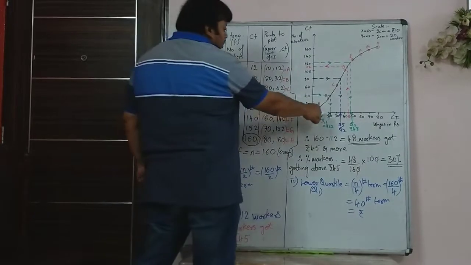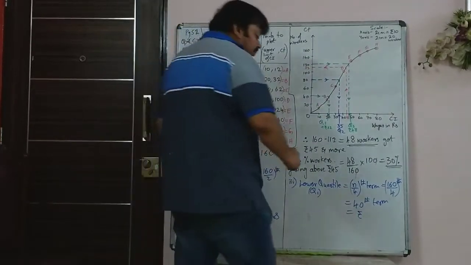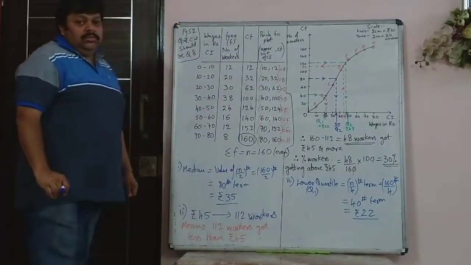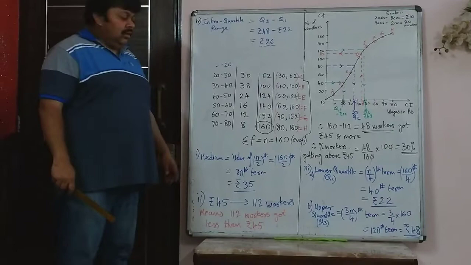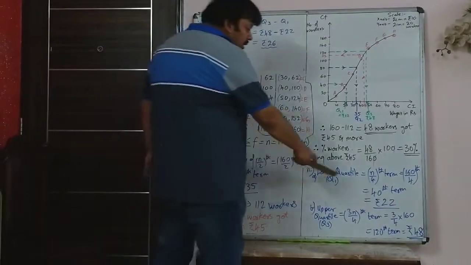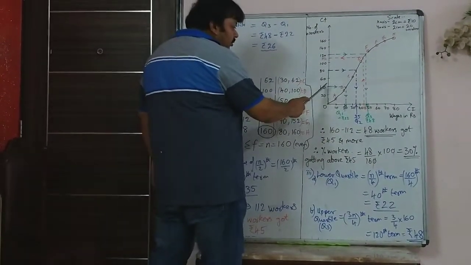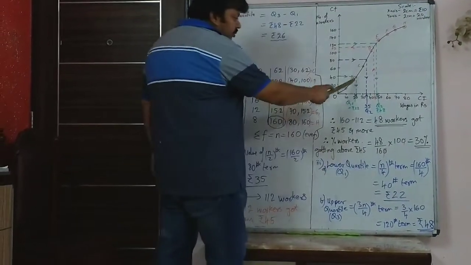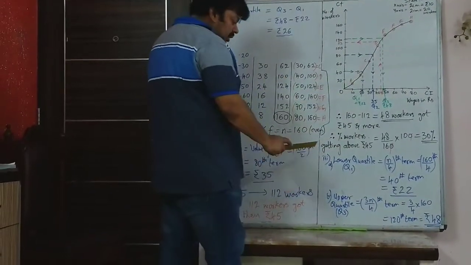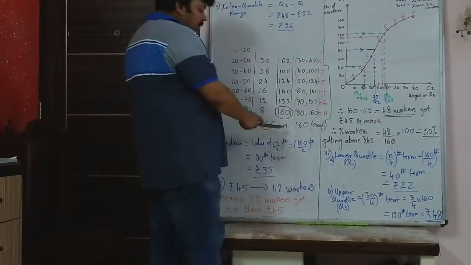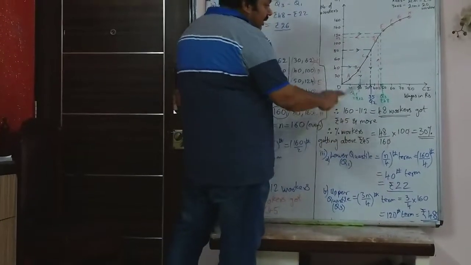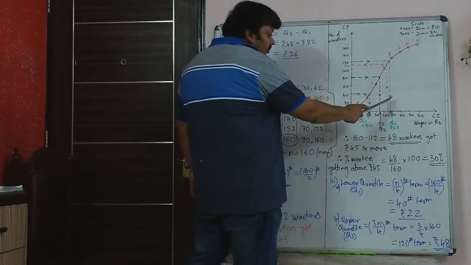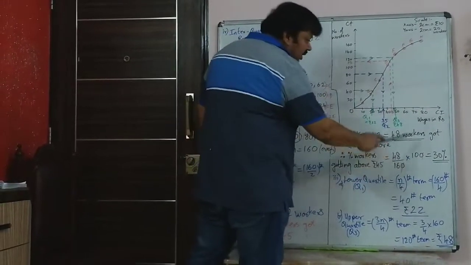Fortieth term is rupees 22. So here the lower quartile, that is the 40th term, the 40th worker, rupees 22, has been shown. The correct arrow is also shown. Upper quartile is 3n by 4, n was 160, so the 120th term. From the 120th worker, we find what his wage is. It comes to rupees 48.